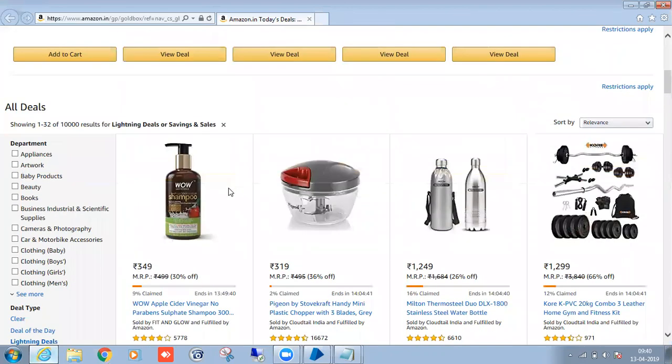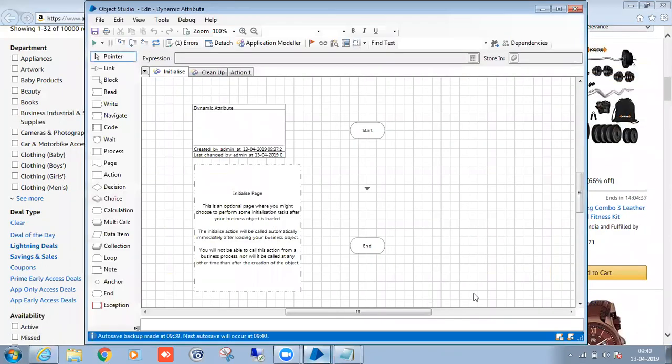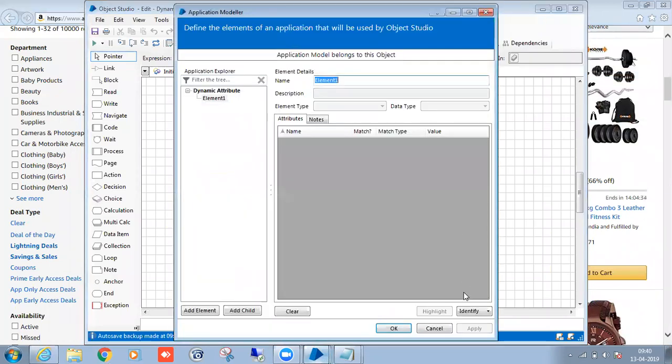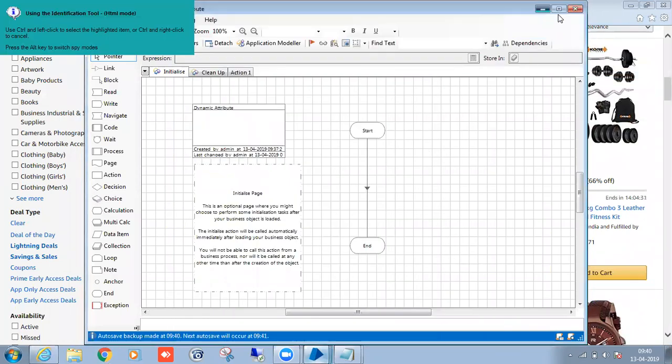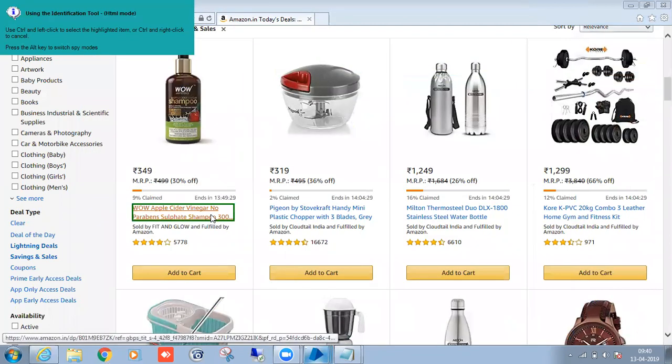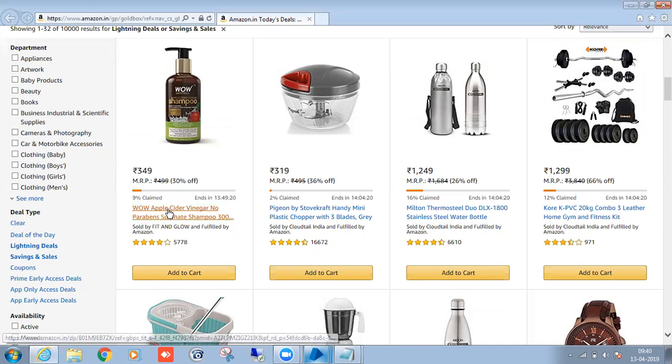So now I'm spying. See? Application modular, first element, identify. So see, this is the product name, Hunter MOSFET.